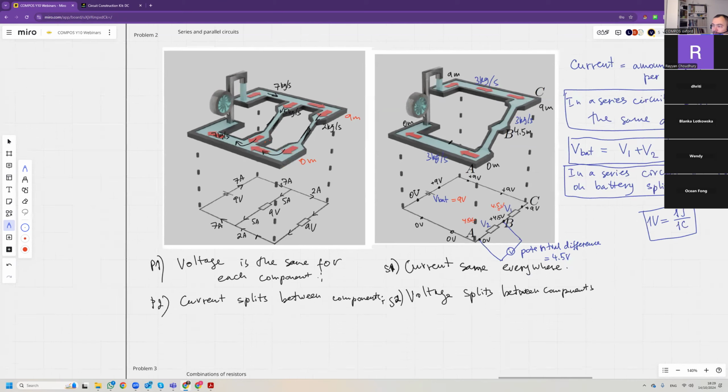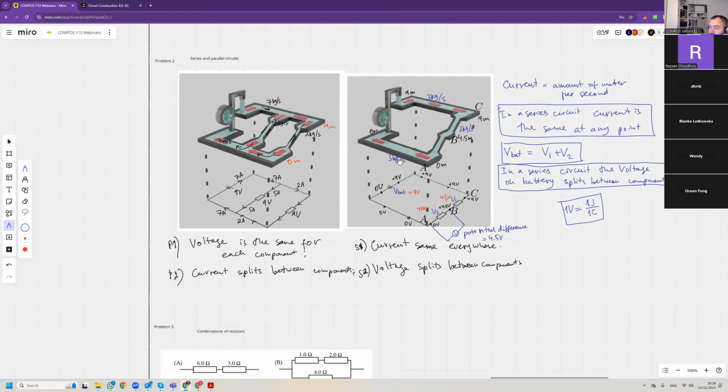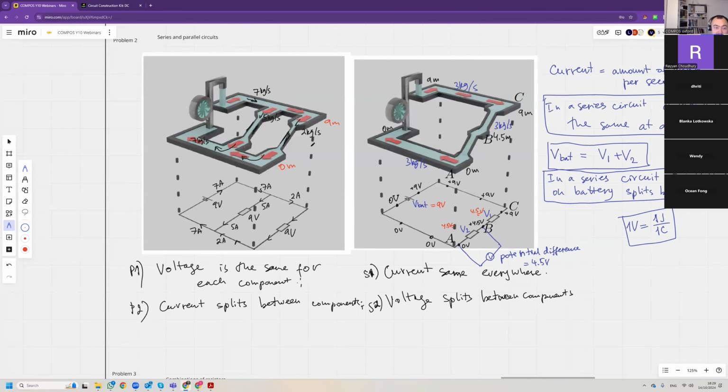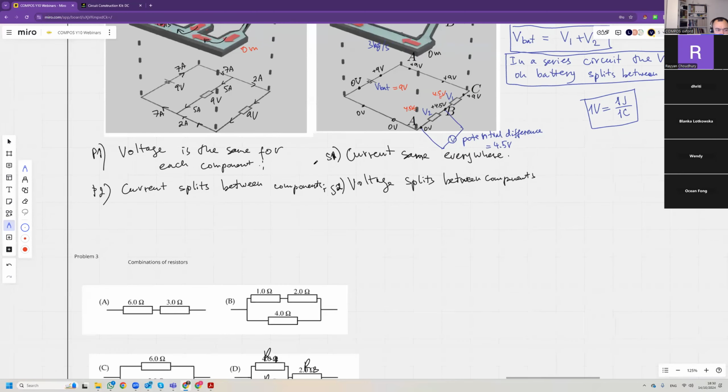Okay. The rules you should have studied in school. And hopefully now you understand them better with this water circuit analogy. Of course, it's not a perfect analogy. For instance, a current can't go anywhere from the circuit, but water can pour out of the circuit. But anyways,